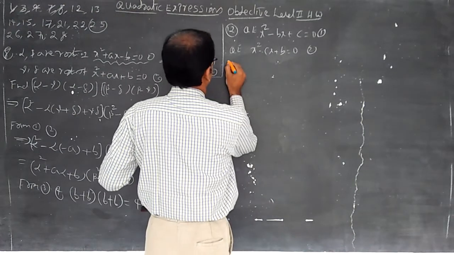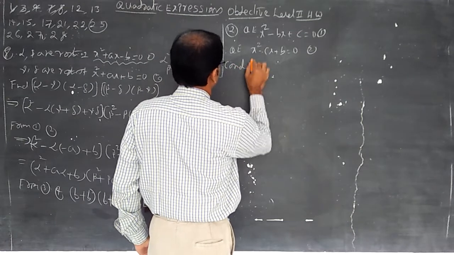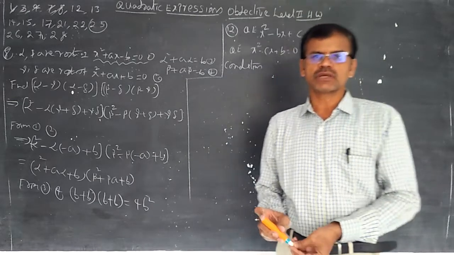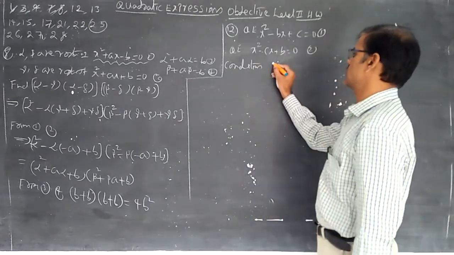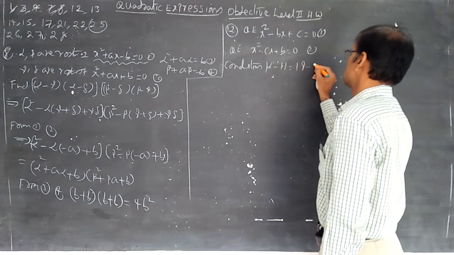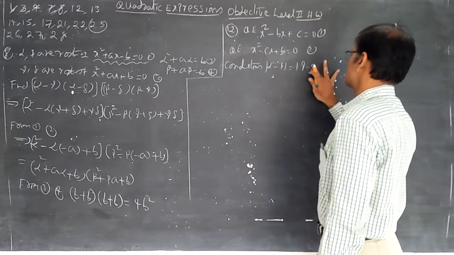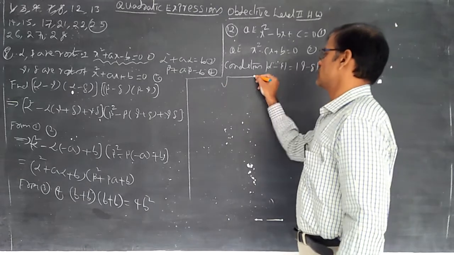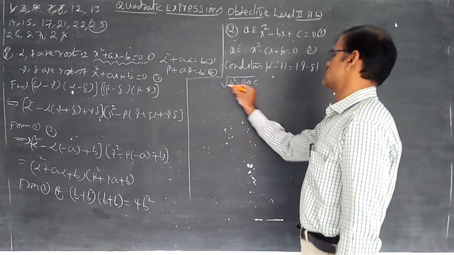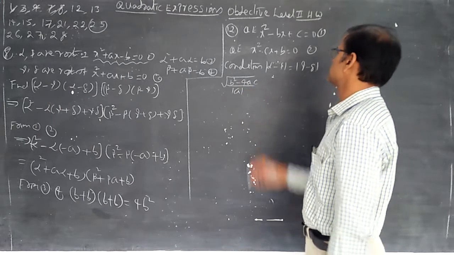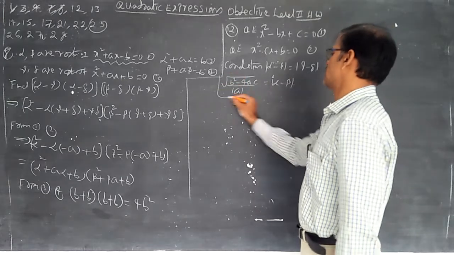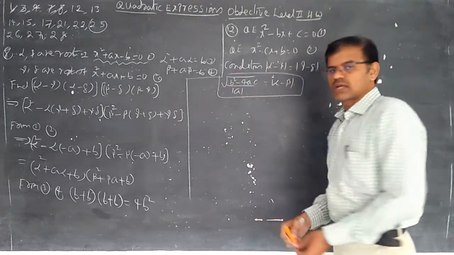Alpha, beta. Condition, I am writing: the difference of roots of the first quadratic equation is equal to the difference of roots of the second quadratic equation. Then you can understand, here modulus of alpha minus beta is equal to modulus of gamma minus delta. Students, I said that the difference of the roots is modulus of root of b square minus 4ac by mod a. This is the formula of modulus of alpha minus beta, that is nothing but root delta by mod a.